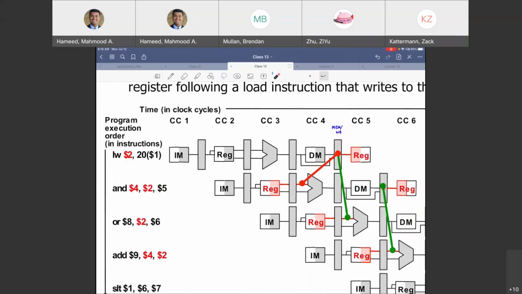You don't need to write it to the register to know the contents. You know them after you read the memory. When do you need it? You need it over here. See, $2, your second register, you're writing to it, and then you're using it. Load use hazard. Different from the other write use hazards that we have looked at.